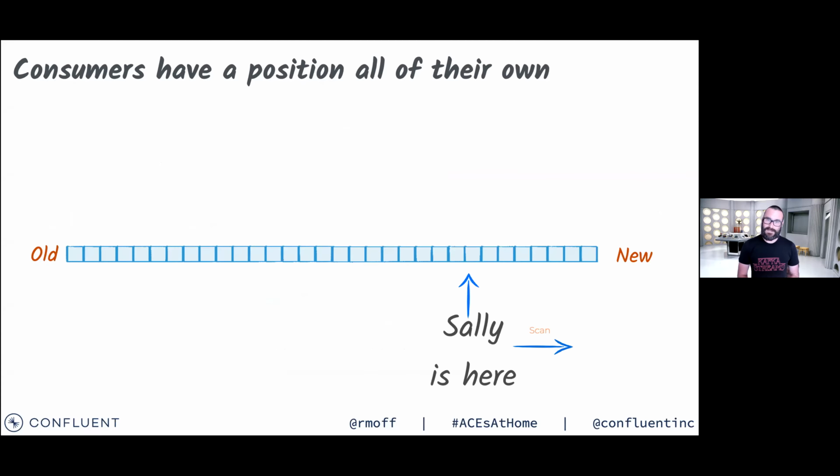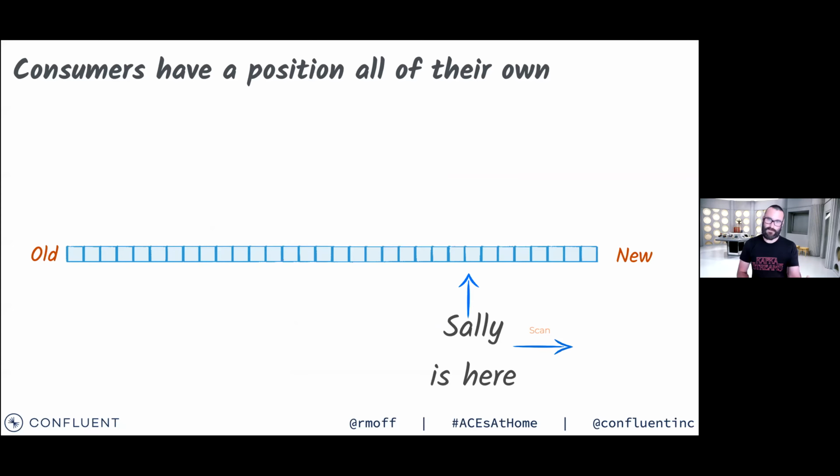When it comes to reading data out of these topics, consumers read the data. The data does not get deleted when a consumer reads it. So any remaining ideas you may have of Kafka as a transient message queue, where you read the data and then it gets deleted, or we declare a set of subscribers and when they've all read the data, the message gets deleted, that's not how Kafka works.